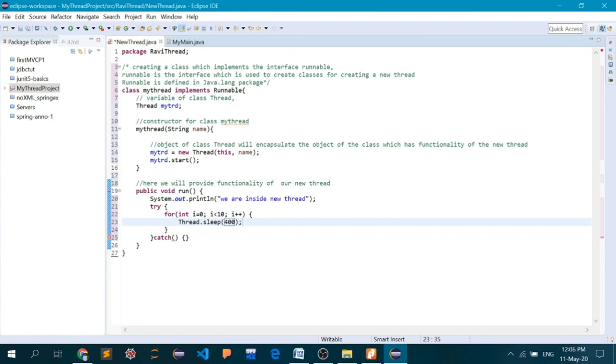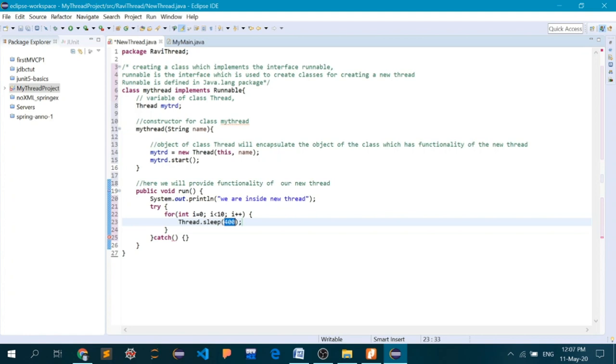So what I have done here is I have initiated a for loop which will count from 0 to 9, that is 10 times, and every time we are inside that loop, we'll be calling a method called sleep, which is defined inside the Thread class, of which we have created the object earlier. We have passed an argument 400 to this method. Now 400 is the time for which we want our thread to sleep.